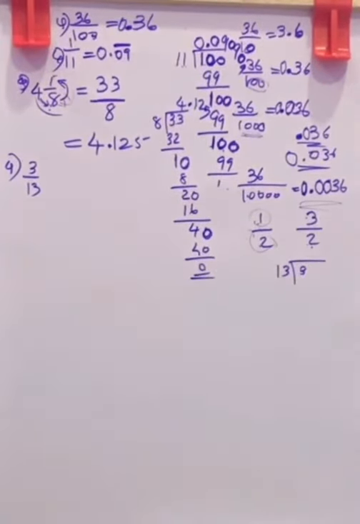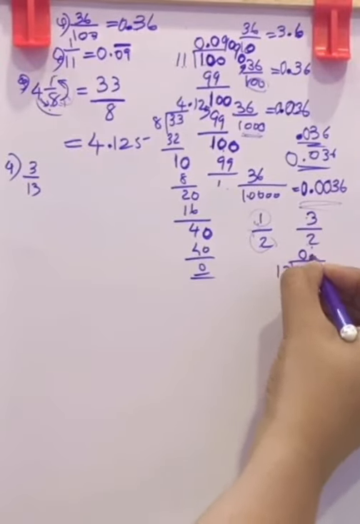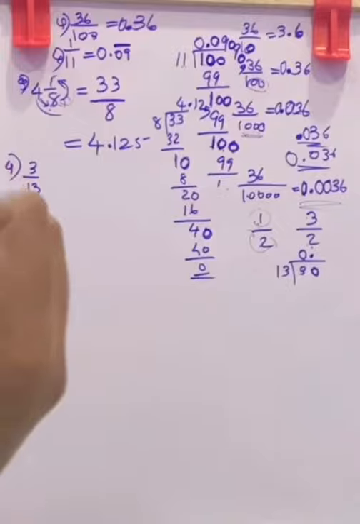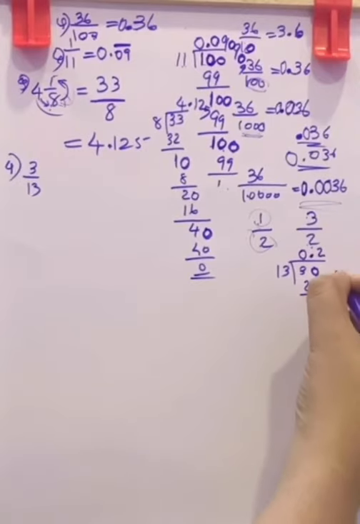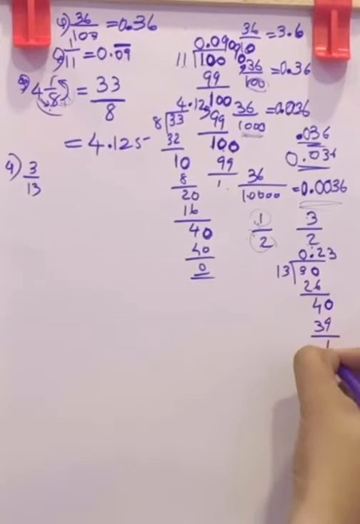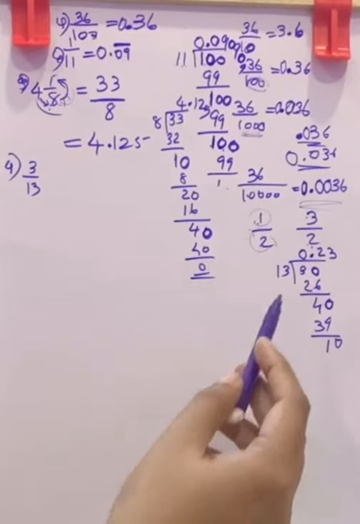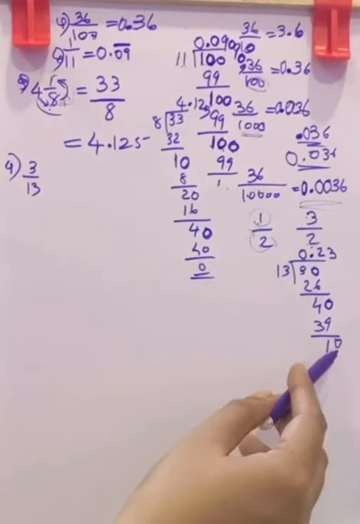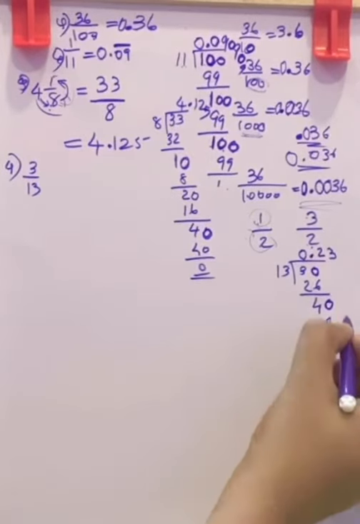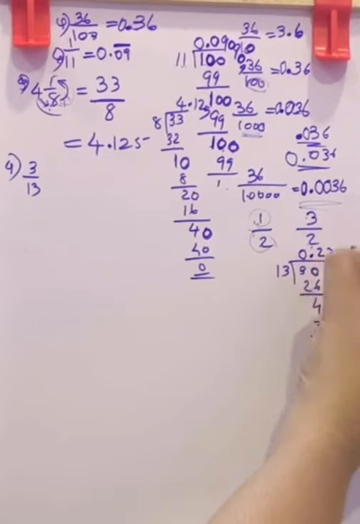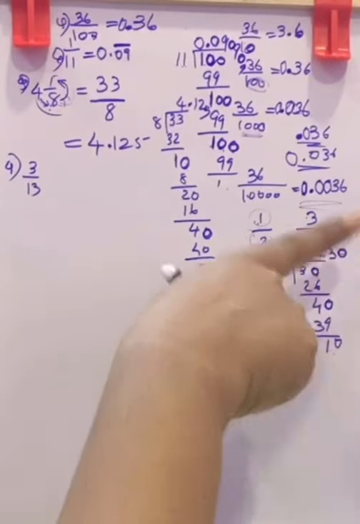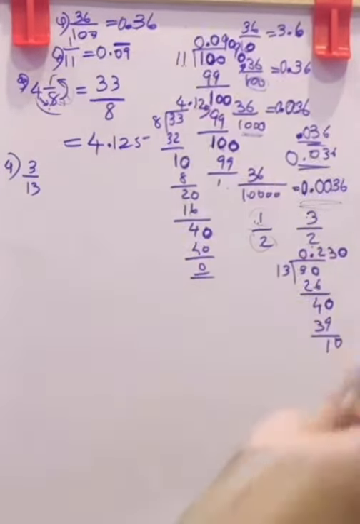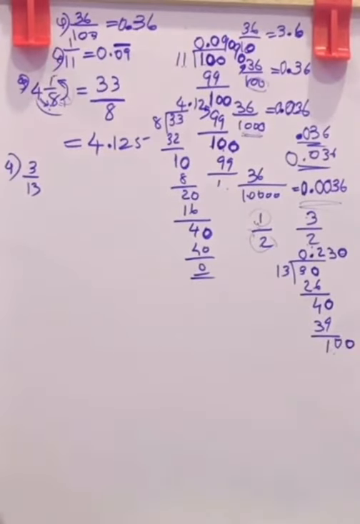Now next question. Here in 3 you can't divide it by 13, so put 0 here and put a decimal, so you can make it 30. Now 13 into 2, 26, balance 4, put a 0 here. 13 into 3, 39, balance 1, put 0 here. Now can you divide 10 by 13? No, this is a smaller number. So you show that by using a 0 here. That is, it is not divisible. So put a 0. Now after putting a 0 showing that it is not divisible, you can put another 0 here and make it 100 and check the divisibility.